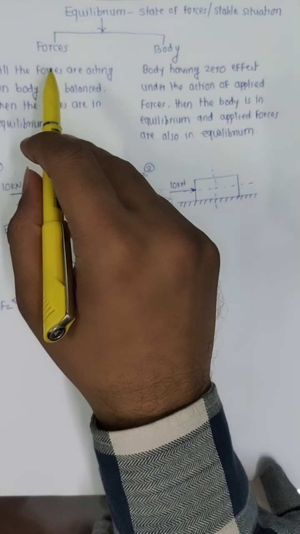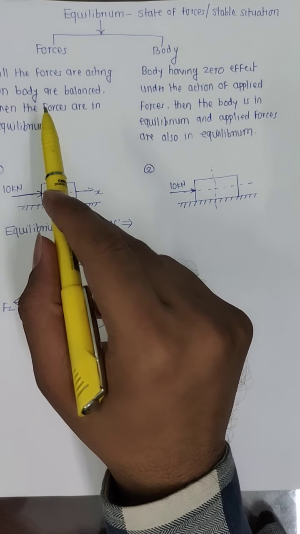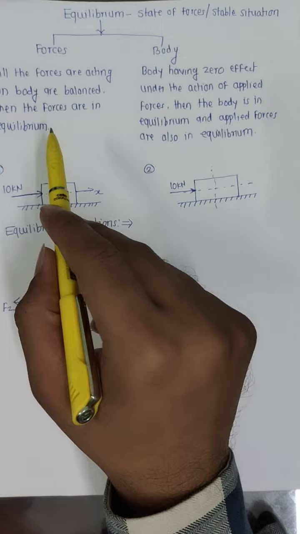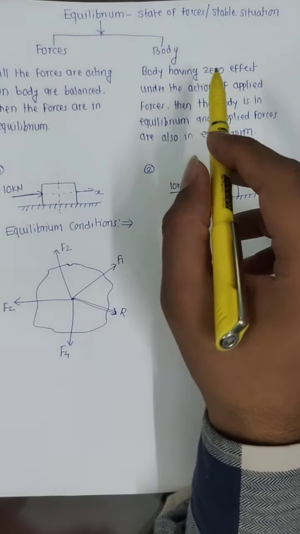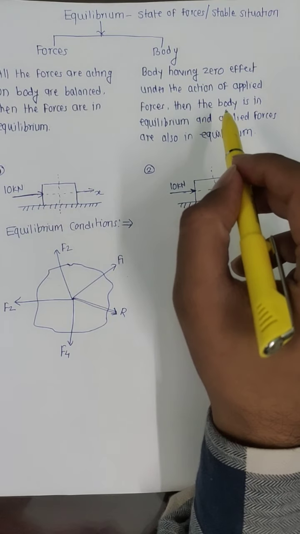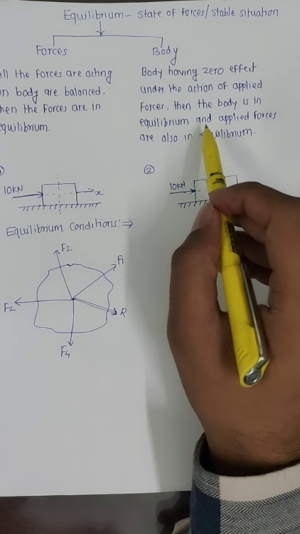The equilibrium of forces means all the forces acting on the body are balanced, then the forces are called in equilibrium. Equilibrium condition means nothing but the resultant of all the forces is zero. Resultant of the forces is zero. And what is meant by equilibrium of the body? If the body has zero effect under the action of applied forces, then the body is in equilibrium